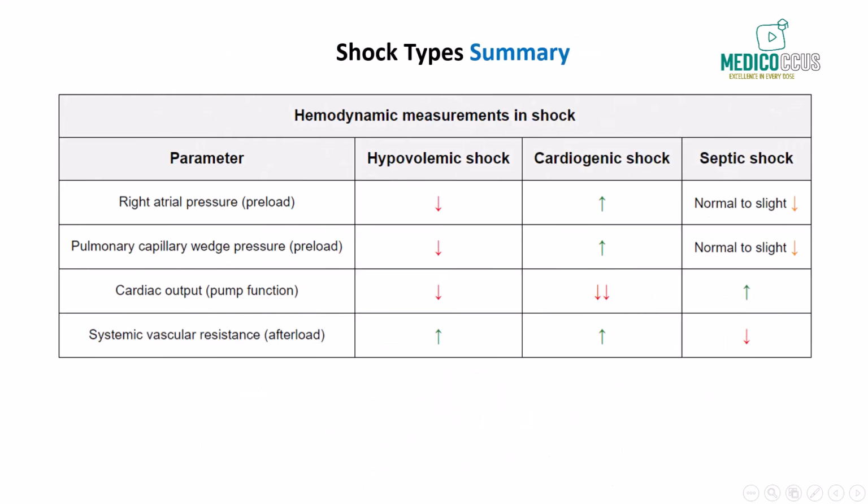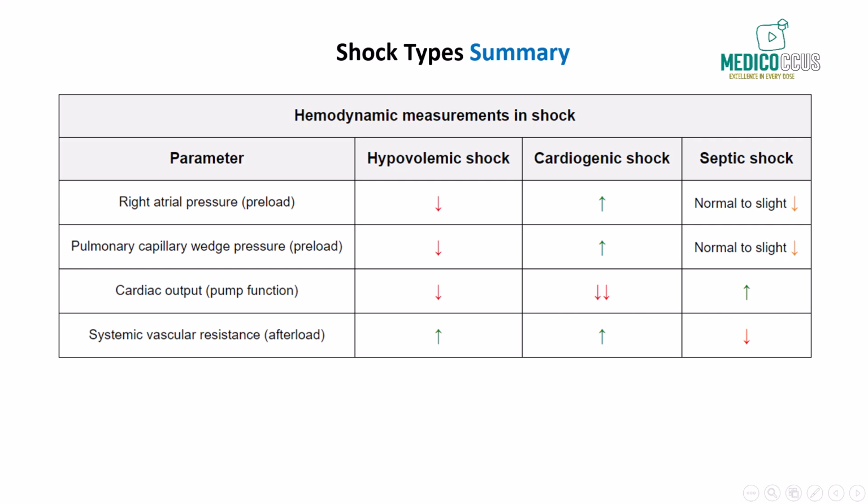So in summary, these variations in hemodynamic parameters are essential to grasp, as they not only help differentiate between types of shock, but also guide appropriate management strategies. The NBME and USMLE frequently test these concepts, so a thorough understanding will be invaluable both for your exams and in real-life clinical settings. In hypovolemic shock, there is a significant decrease in right atrial pressure or preload due to